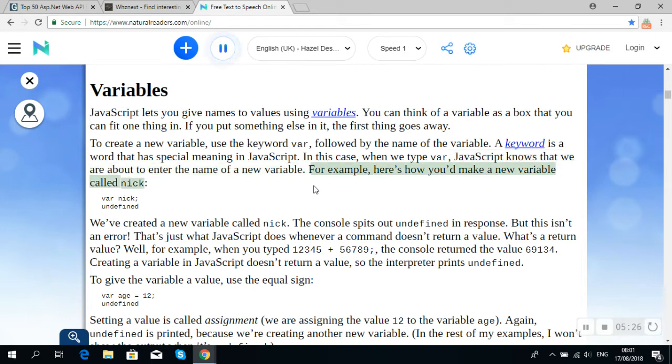For example, here's how you'd make a new variable called nick. var nick. Undefined. We've created a new variable called nick. The console spits out undefined in response. But this isn't an error. That's just what JavaScript does whenever a command doesn't return a value. What's a return value? Well, for example, when you type